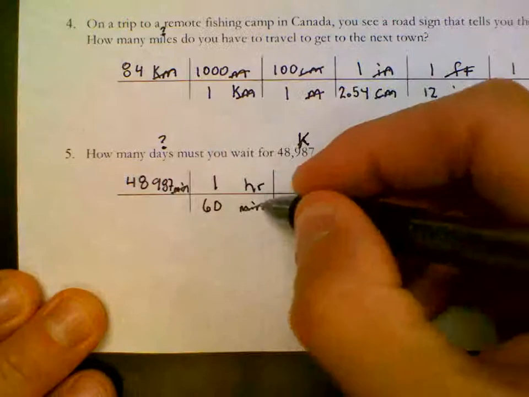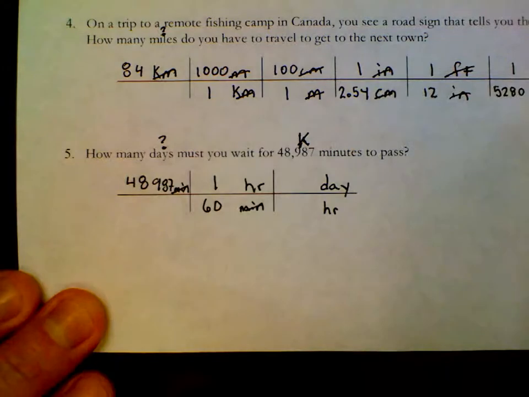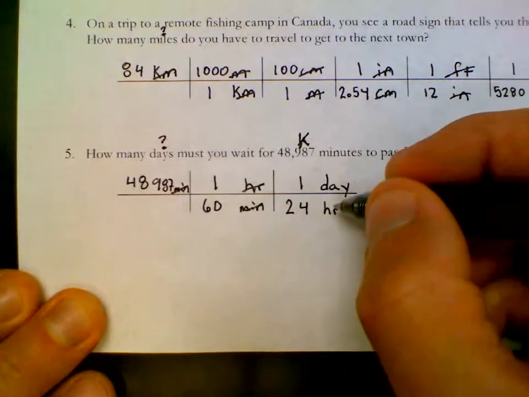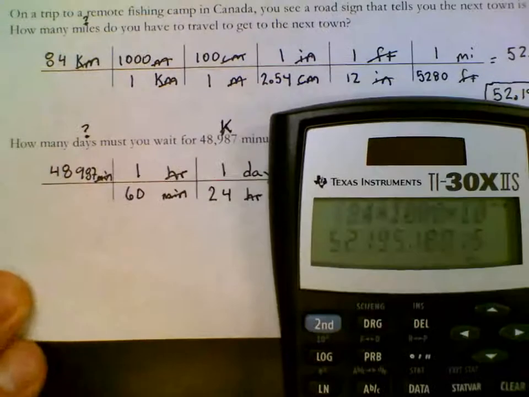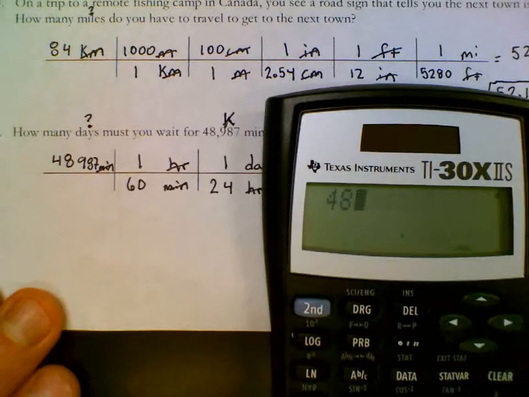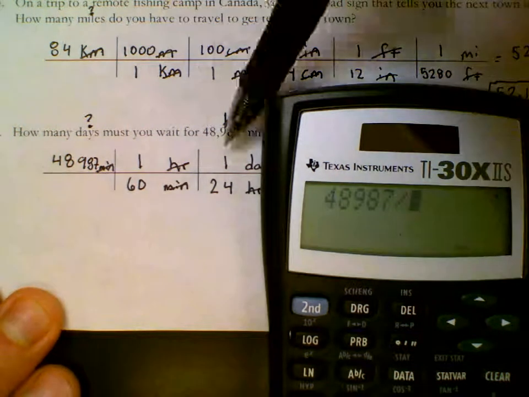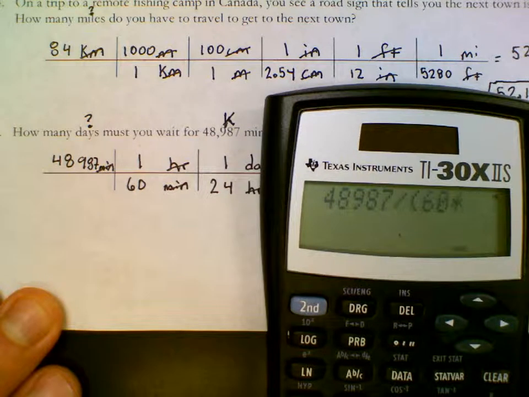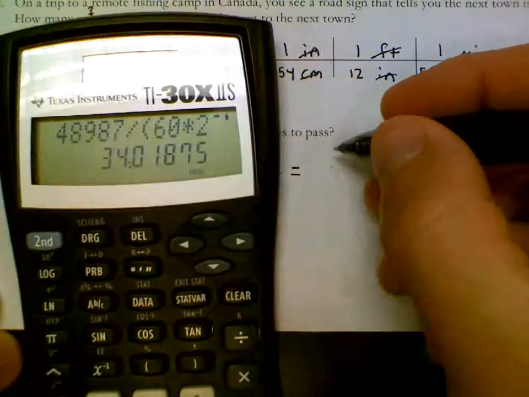Minutes crosses off. And then hours to days is something that you should also know. It's also provided to you at the top. 24 hours in 1 day. Cross off hour. Do the math in your calculator. 48,987. That could go in parentheses, but since the other two numbers are ones, I just omit them. Divide by, and these do need to go in parentheses, 60 times 24, equals